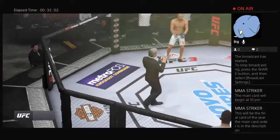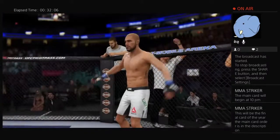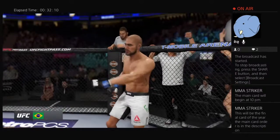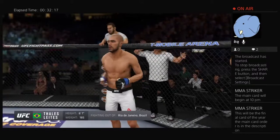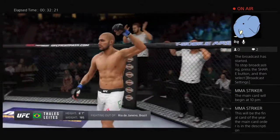Ladies and gentlemen, this fight is 3 rounds in the UFC middleweight division. Introducing first, fighting out of the blue corner, a jiu-jitsu fighter, holding a professional record of 28 wins, 9 losses. He stands 6 feet 1 inch tall, weighing in at 185 pounds. Fighting out of Rio de Janeiro, Brazil,